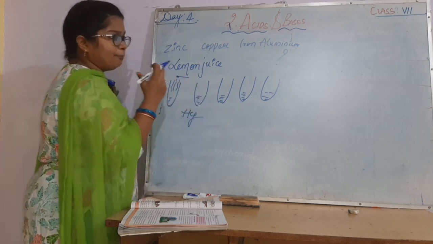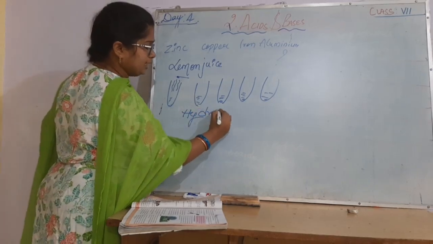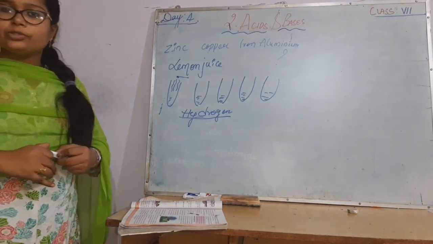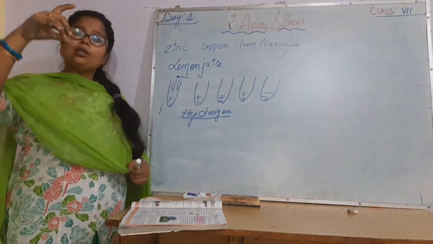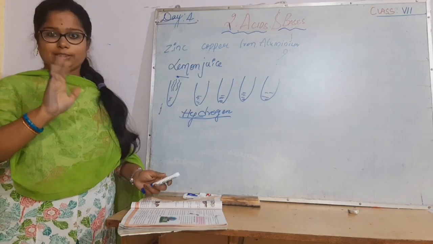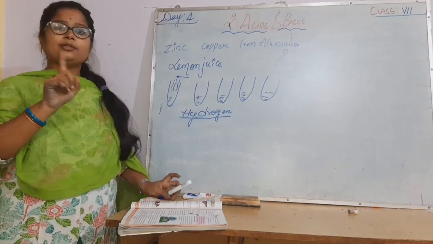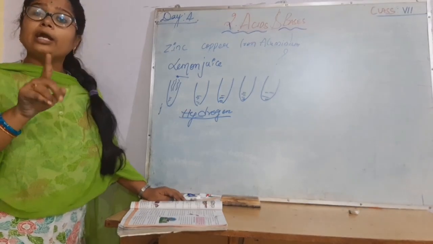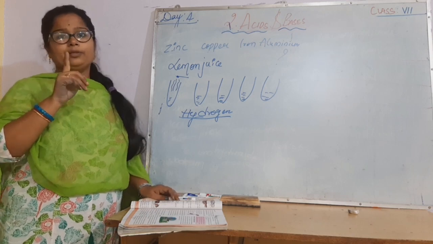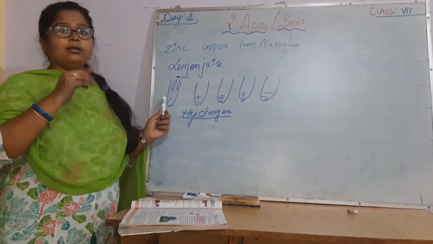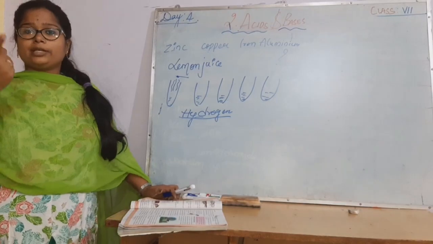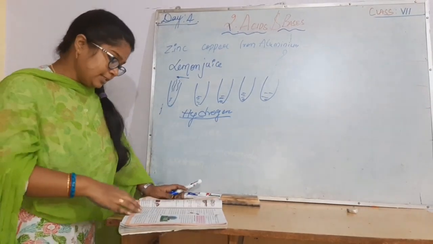What is that gas released? Hydrogen gas. Hydrogen gas is harmful to your health. You're not supposed to take it. That's why your cool drinks and all are also kept in a tin packet. Tins are not purely metals. If you keep them in iron or anything like that, it's not good, because they are going to react with those metals and may spoil your food item. Remember very well, before you keep pickles in your aluminum dishes, you are not supposed to keep them, because hydrogen is going to be released.